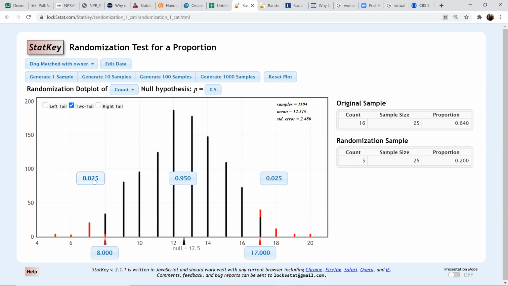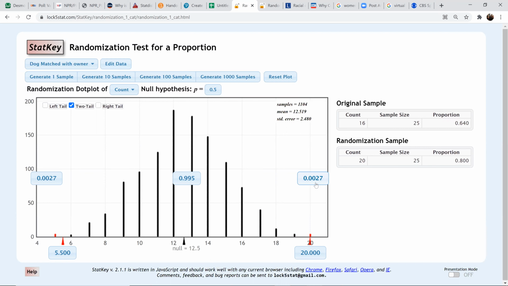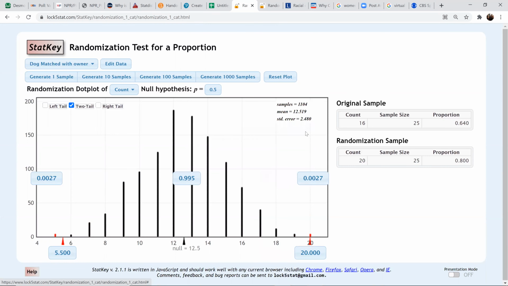We like this value to be as small as possible. Smaller values of P make us more and more confident that we're not making a mistake. Can you make a mistake? Sure. If my value was 20 up here, then there's less than a 1/3 of 1% chance that I get something like this in my data. This is the probability that I got something like a 20 or a 21 and reject the null hypothesis, even though it's true.